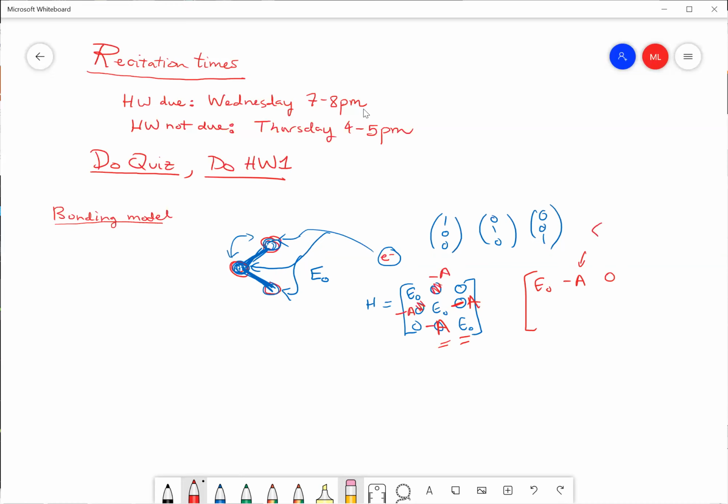This is the sort of psi 2, psi 1 matrix element, where these are the basis states, the bound states. And so this is what the Hamiltonian looks like for a chain. And so then if you're asking what energy will a single electron have if you place it in